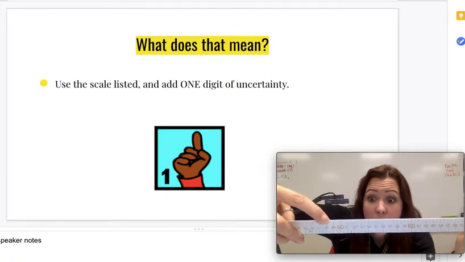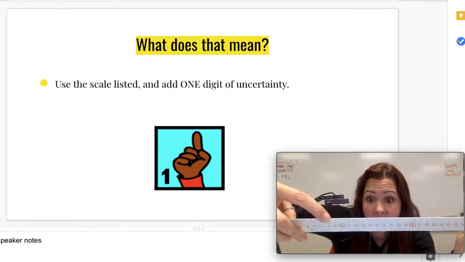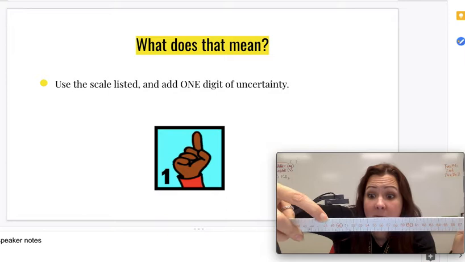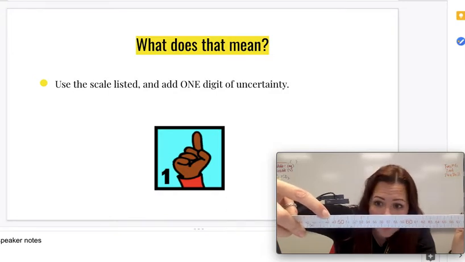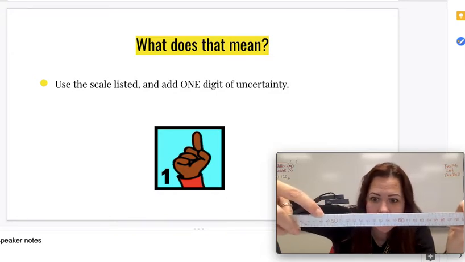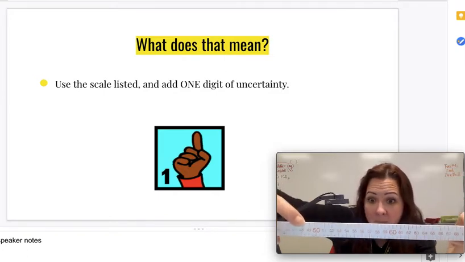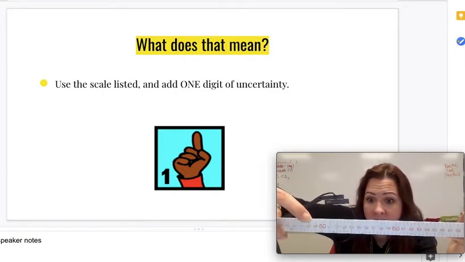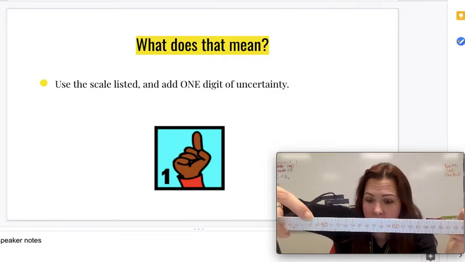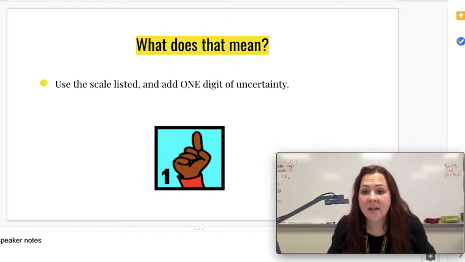So I know for sure if I'm reading something that's right where my fingernail mark is, I'm at 48. The point is my digit of uncertainty. So point, I don't know, I'd probably say that's 0.4. It's a little bit less than the half, so maybe 0.4, 0.3, but that digit of uncertainty is an estimated